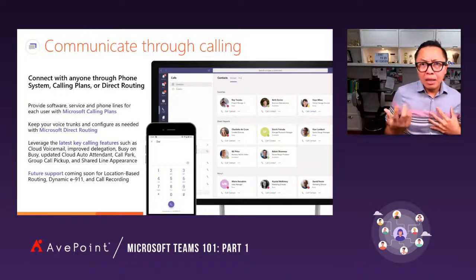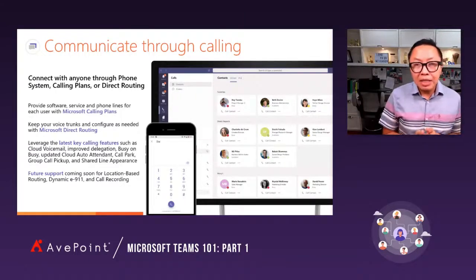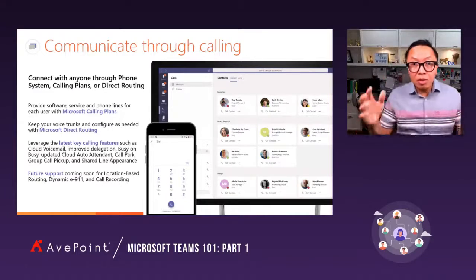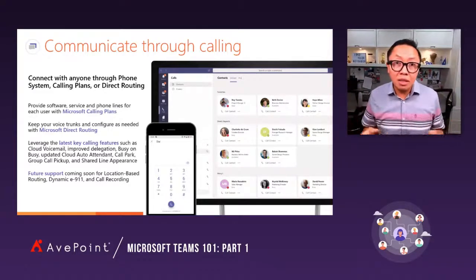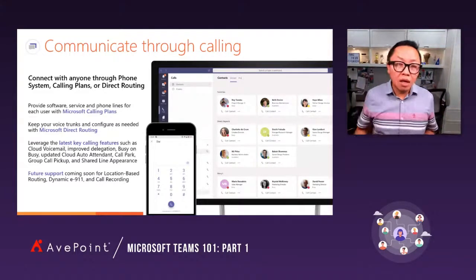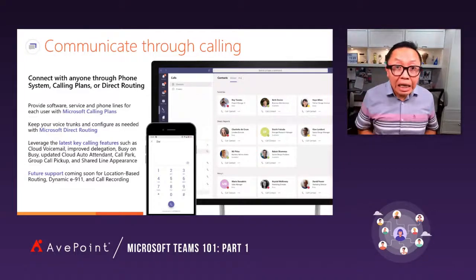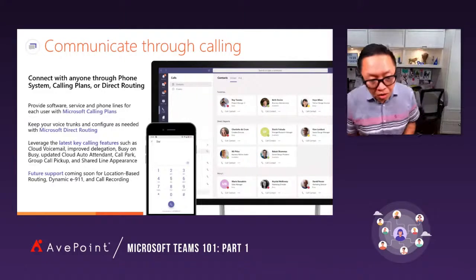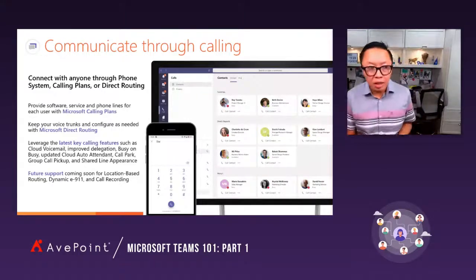In fact, the mobile app may have some features that are really ideal for mobile devices that's not available in your desktop devices. And when I say desktop, it doesn't have to be Windows. It could be a Mac or Linux or non-Microsoft device. So you can communicate in Teams through calling.